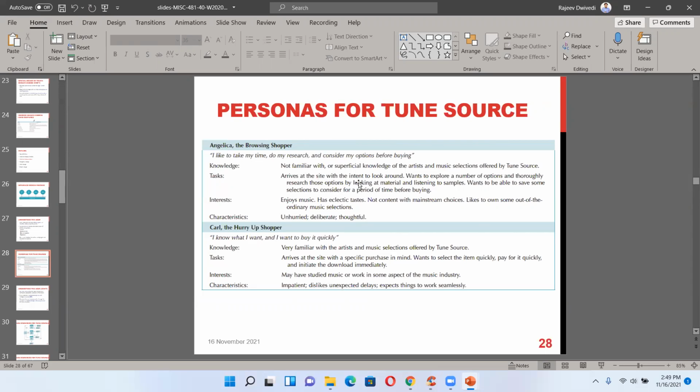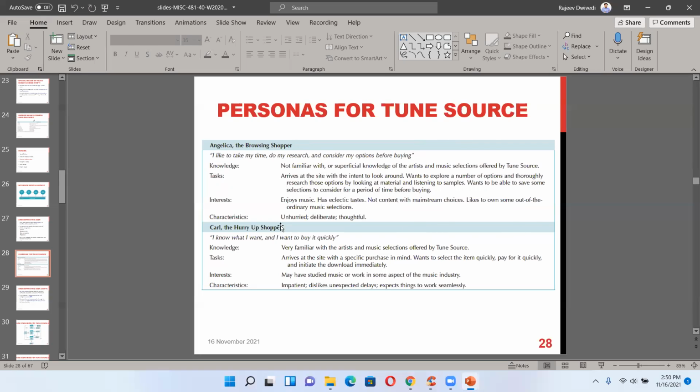Task: Angelica arrives at the site with the intent to look around, wants to explore a number of options, and thoroughly research those options by looking at material and listening to samples, and wants to be able to save some selections to consider for a period of time before buying. So she would like to go on the site, visit it, explore it, understand it. Her interest is enjoying music, has eclectic taste, not content with mainstream choices.